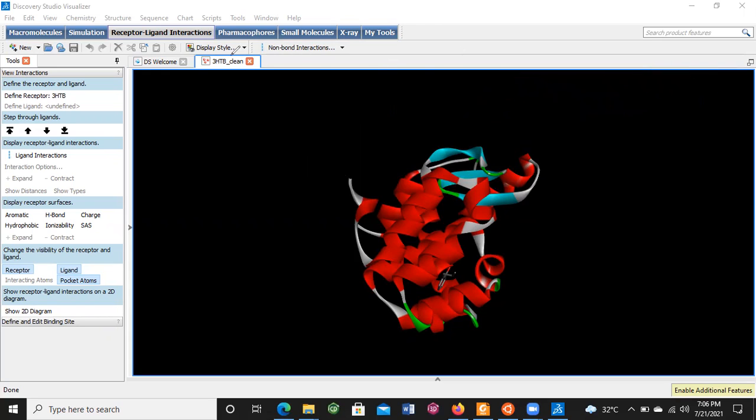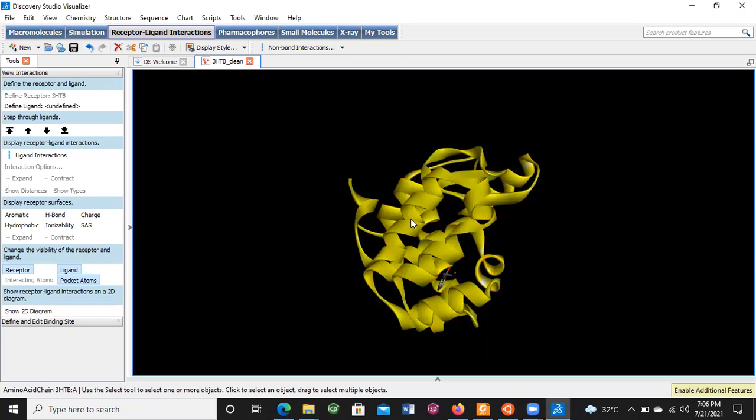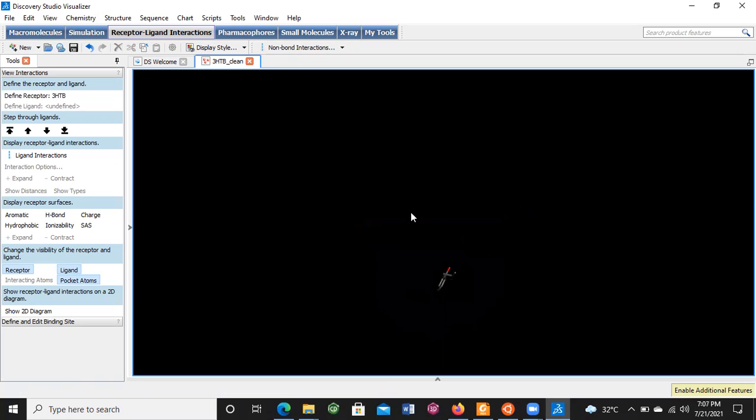First of all, we need to separate the ligand from the whole complex, and this can be done using the command line, but here I am doing it without commands. Just double click on the protein and the protein will be selected, then press the delete key. The whole protein will be deleted.